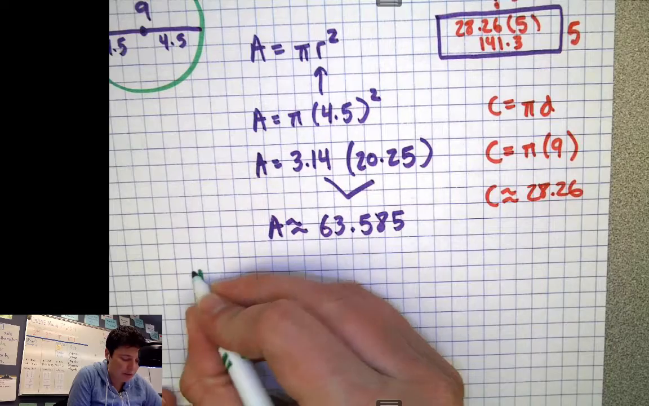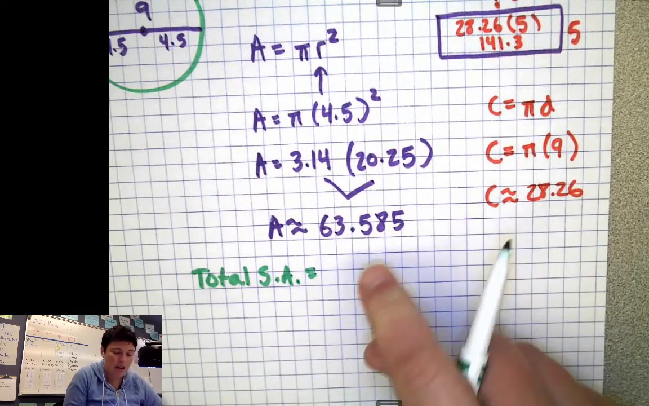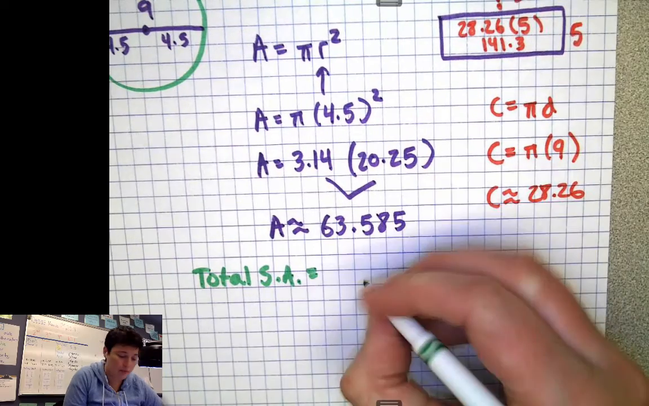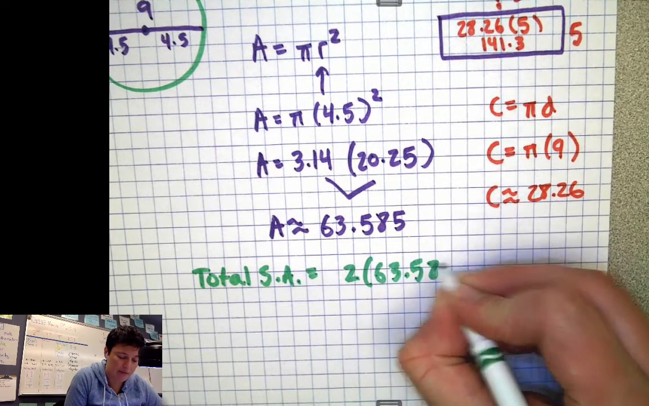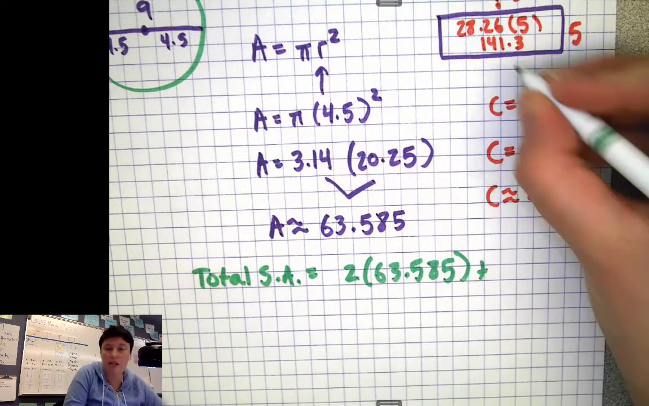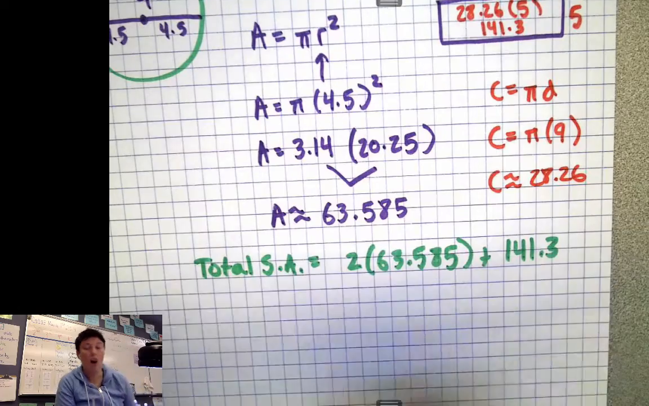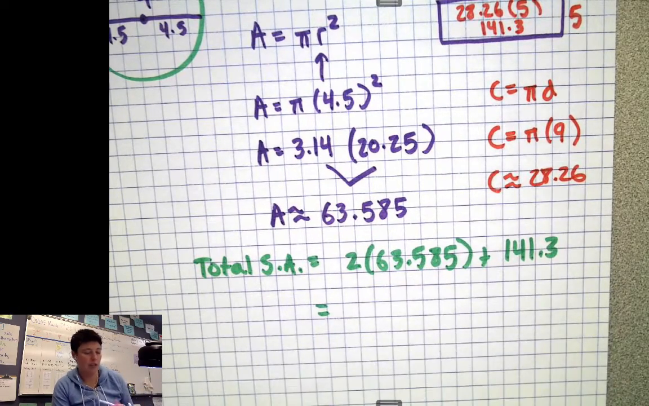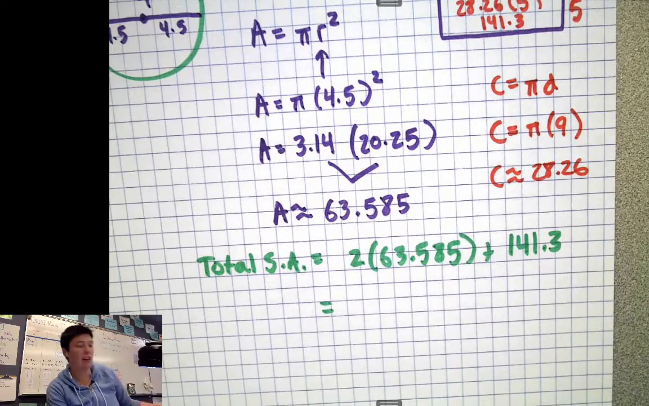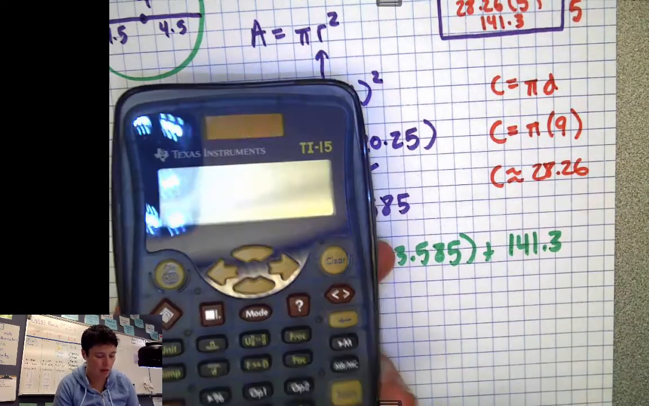So I'm going to write total surface area equals 2 of the circles, so 2 of the 63.585s, plus this thing, 141.3. We're going to add all of that up together, and whatever we get, that is our final answer. So hopefully you're with me so far as you're checking your work. I'm going to put in these numbers here. I'm going to do 2 times